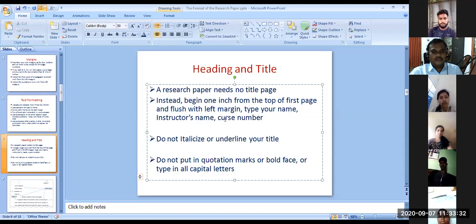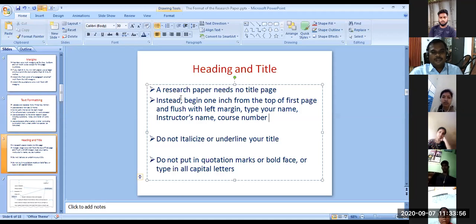instructor's name and course number. If, for example, research methodology, the university has given a code, like MEN 34, if there is a code number, we have to write.